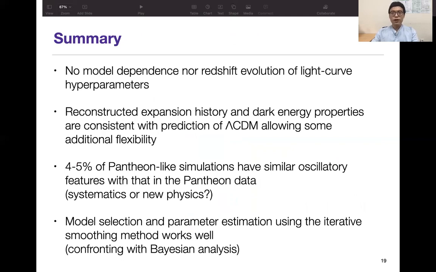We also find that about 4 to 5% of Pantheon-like simulations have similar oscillatory features with that in the Pantheon data, which might indicate systematics or new physics. Finally, we show that model selection and parameter estimation using the iterative smoothing method works well, which confronts Bayesian analysis.